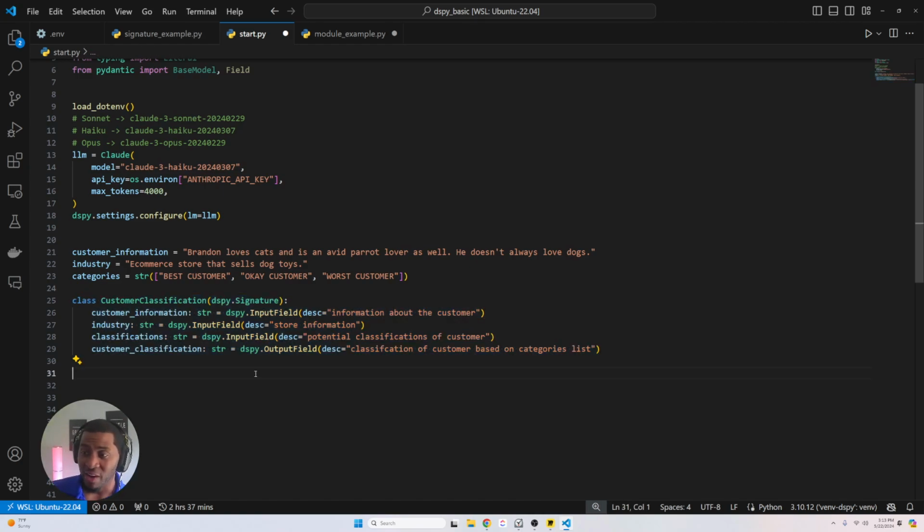So we're going to specify a class called customer classification, and this is going to be a signature. That's it. Instead of doing it in the string format, we're doing it the long form, and we're giving a description to each of the input or output fields. So we're passing customer information. It's going to be a string, of type DSPy.InputField, and you can pass this a description. So we're going to say information about the customer. Next, we have the actual industry, and here this is going to be the store information. Then we have the classifications,